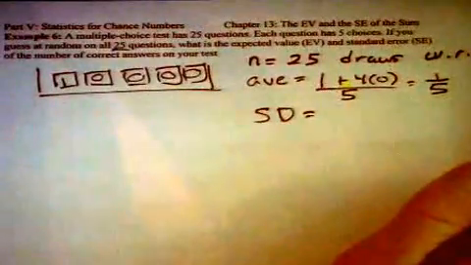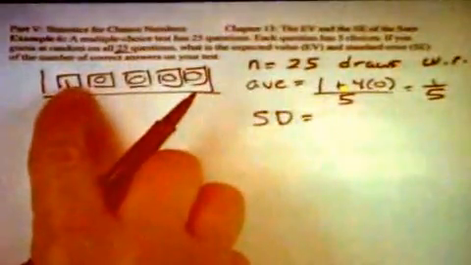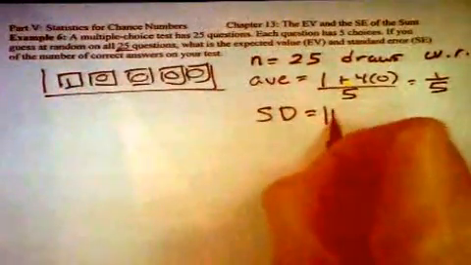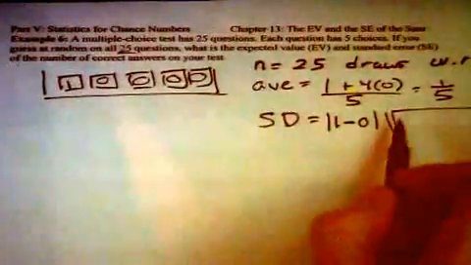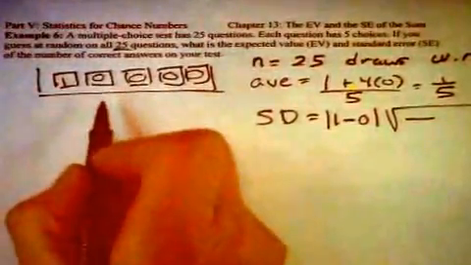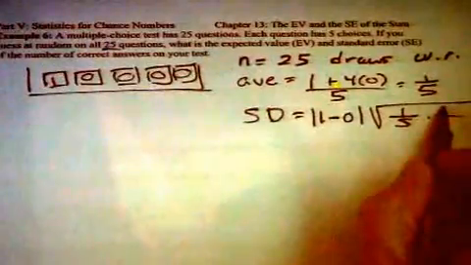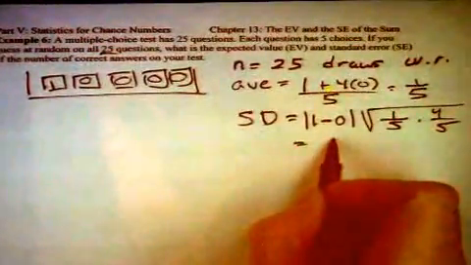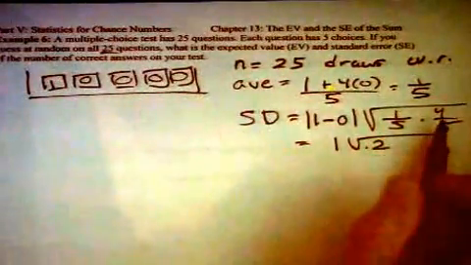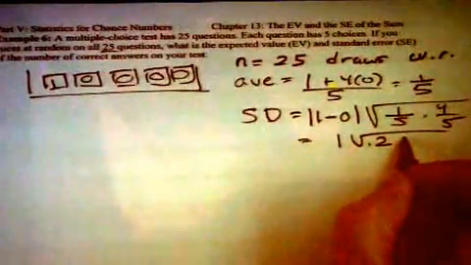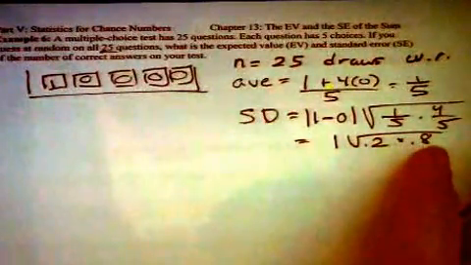So what's the standard deviation of the box? Do you remember? Well, you take the number that's the bigger minus the smaller, the absolute value of that, well, in this case, it's just 1 minus 0, times the square root of the fraction of the tickets. How many tickets are there? 5. So 1 out of 5 times 4 out of 5. We can do this one in our head. That's 1 times the square root of, what's 1/5? 0.2? And what's 4/5? 0.8.